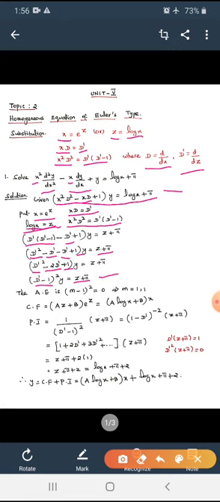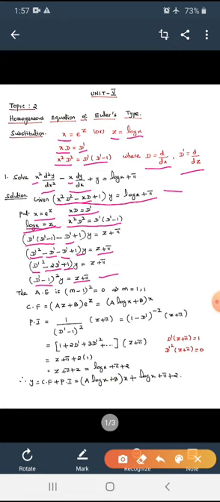So this equation has the general solution of the form complementary function plus particular integral. Let us find it one by one. First let us find out the complementary function. To get the complementary function, we have to form the auxiliary equation. Just replace D dash by m and write the equation. So we get m minus 1 the whole square is equal to 0. That means m is equal to 1 twice, that is m is equal to 1, 1. The roots are equal. For equal roots, we know the formula: complementary function is (az plus b) into e power mz. So here m is 1, so (az plus b) into e power z.